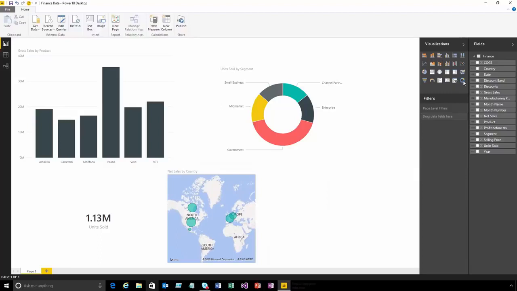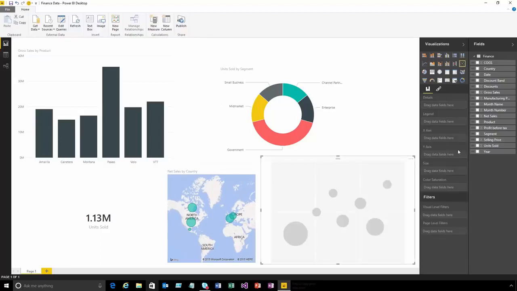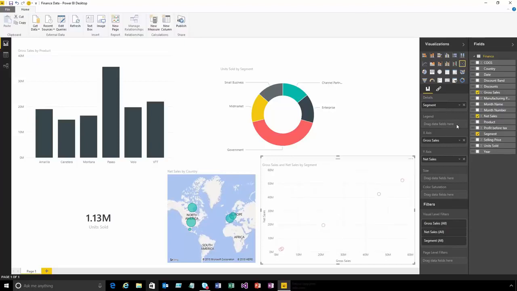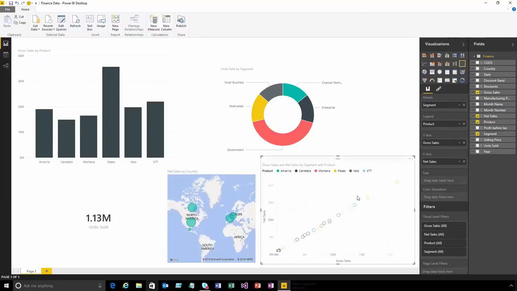and make some space for a scatter chart. Now for a scatter chart, I've got a whole range of different options. So I can put our gross sales on our x-axis, I can put our net sales on y-axis. Let's split this down by the different segments. And I could even add something like product to the legend to color each of these different bubbles based on the product. There's a lot of control that I have over the way that the visuals are constructed using this